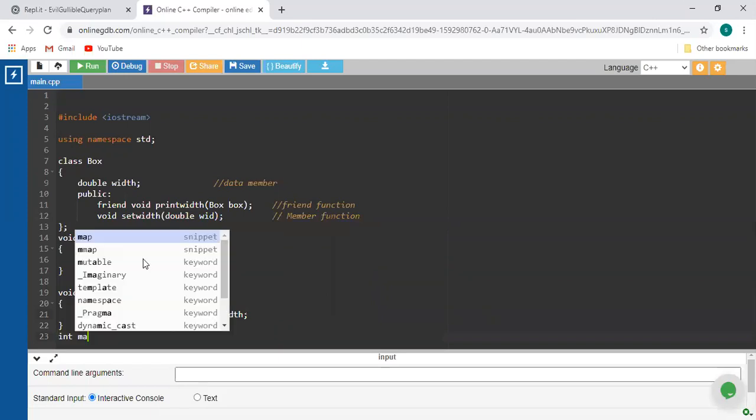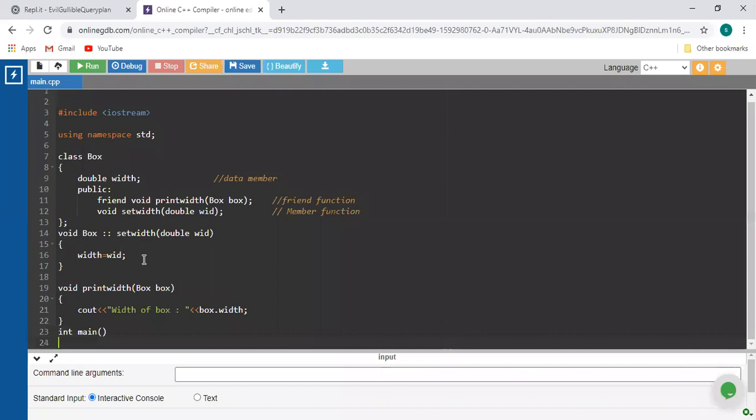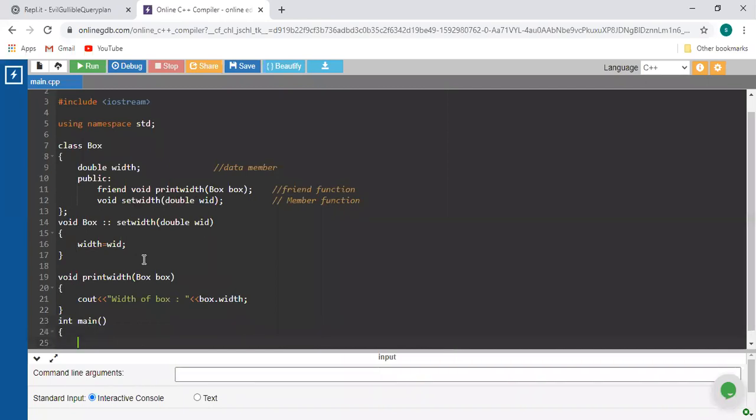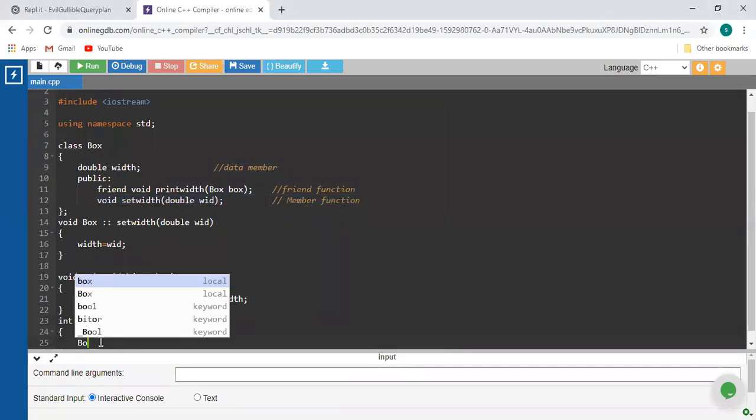Now provide the call. How are you going to provide the call for both the functions? How are you going to provide the call to this member function set width? We have to create the object of the class. Why do we have to create the object of that class? Because this particular set width is nothing but the member function of that particular class. So that's why we are going to create the object of that particular class as b1,